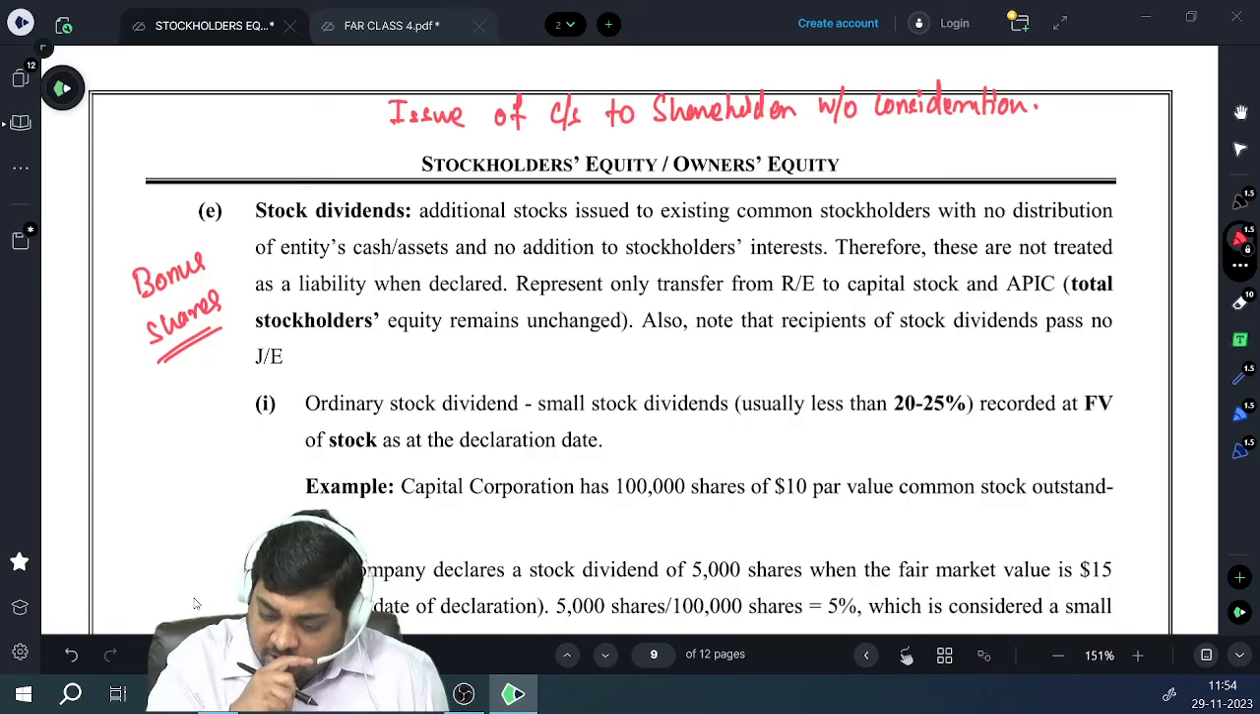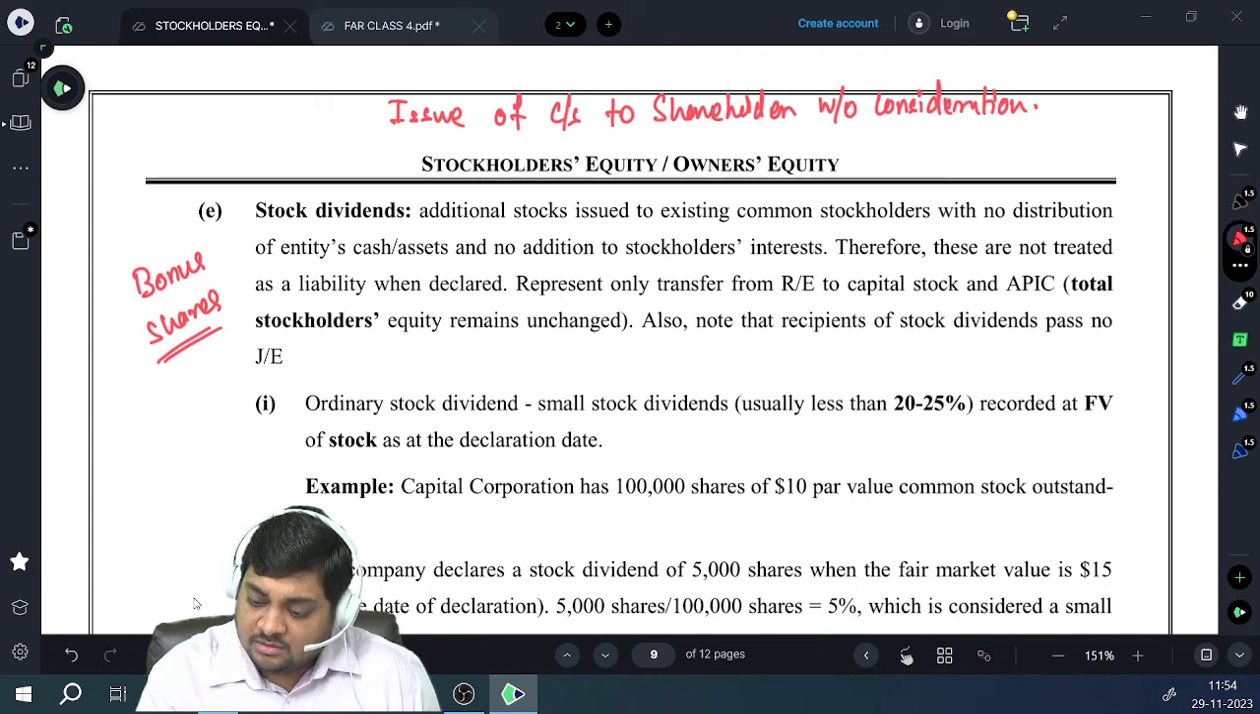Instead of giving you dividend in cash, company can increase your number of holdings, right? So additional stock is issued to existing common shareholders with no distribution of cash and assets, right? However, their percentage of holding will remain the same, the number of shares will increase, right? Because everyone will get bonus shares, right? So basically it's a capitalization of profit. We call it as capitalization of